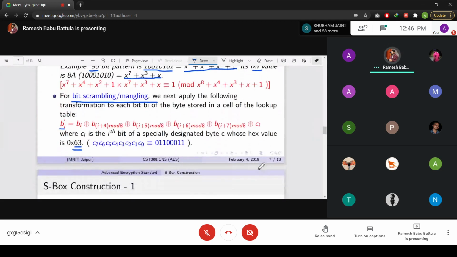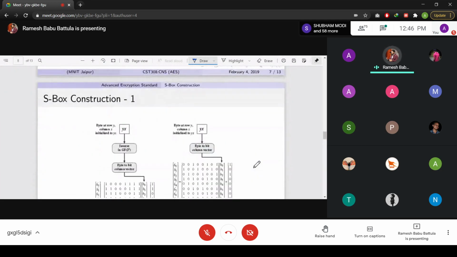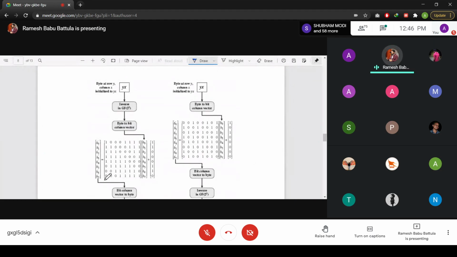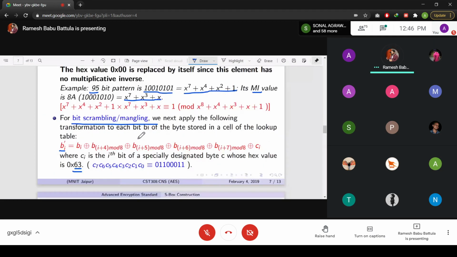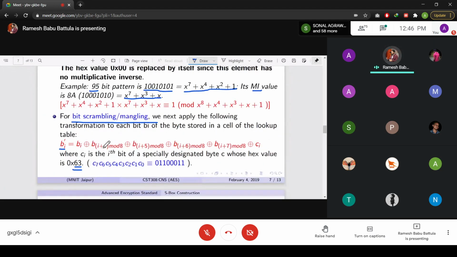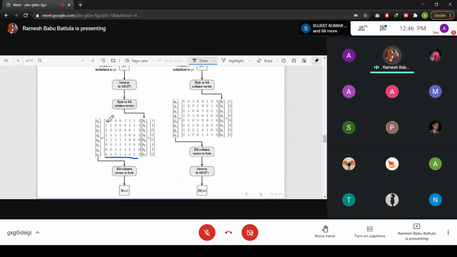So very easily we may write this in matrix form. You write it down in matrix form like this. Suppose your B0 value is there, then after that you check here B0, and the next one is going to be the B4 value. That's why here B0, B1, B2, B3, B4 value. We started with the B4 value, and B5, B6, B7. All these values are there.